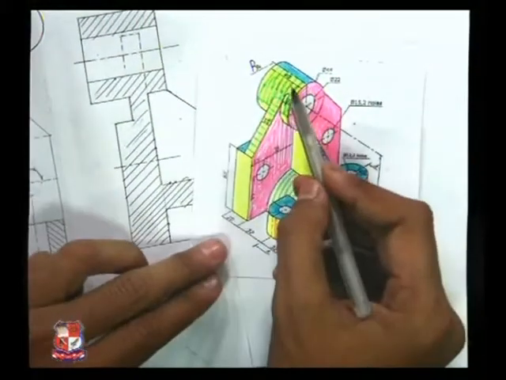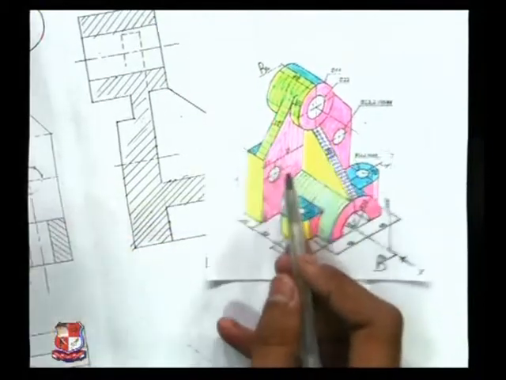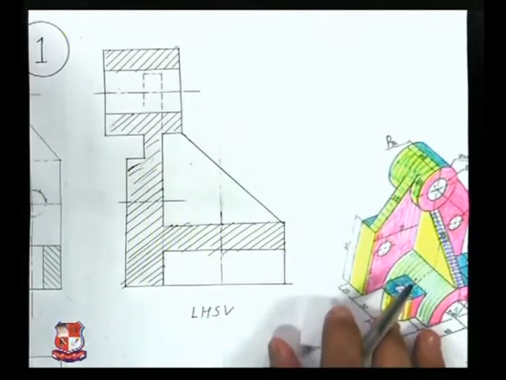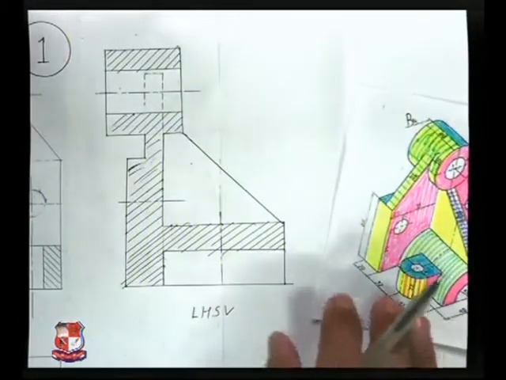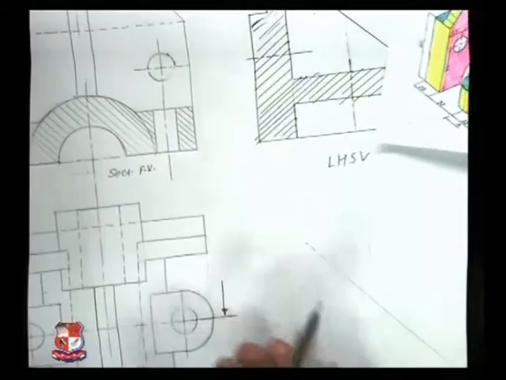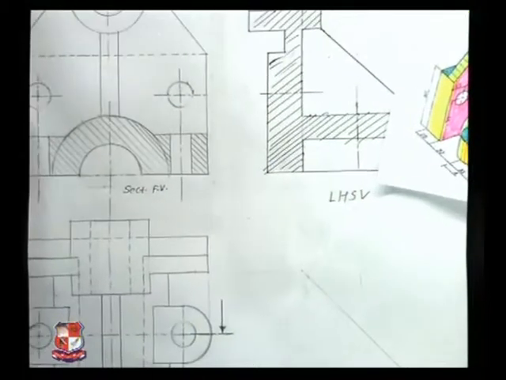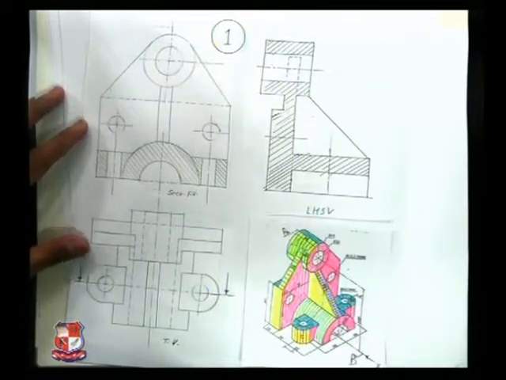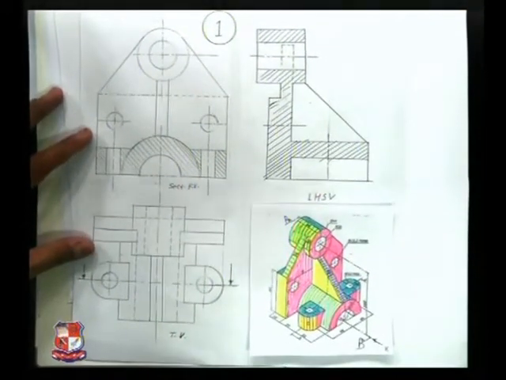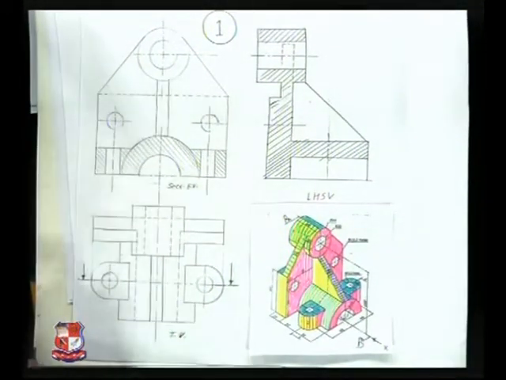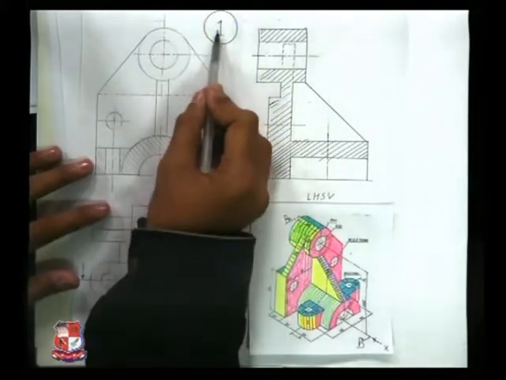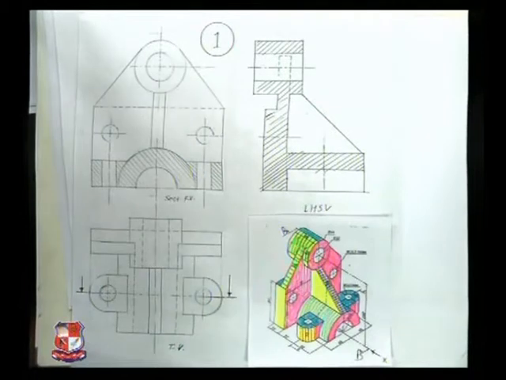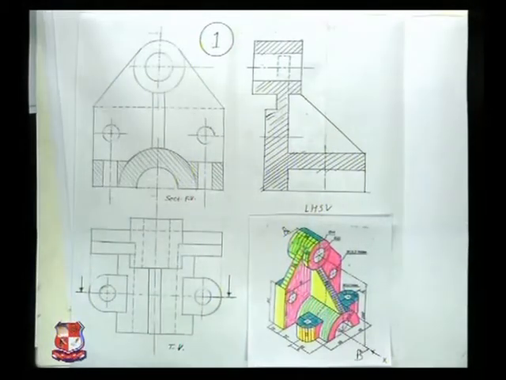And as this is a cutting plane, these two holes will not be cut, so material will not appear in that portion. So this is a left hand side view of this object, this is the sectional front view, and this is the top view. In the examination you have to draw these three views like this. So this is the final answer of the problem. Three views. You can write the answer number at the top of this page. So that is about question number 1.